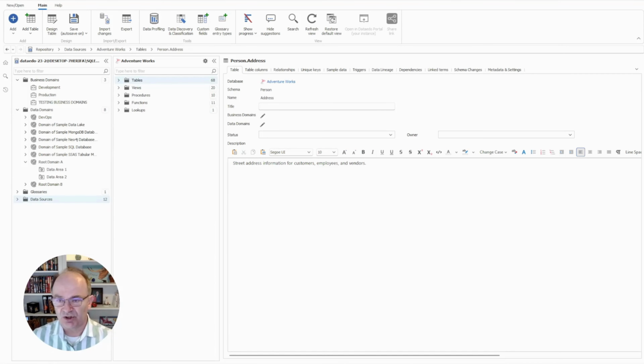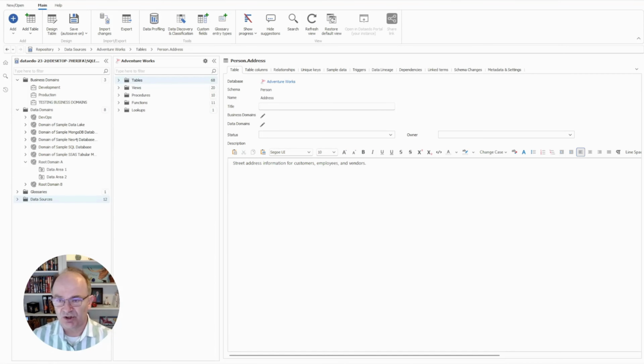But by having the navigation this way, you can group different kinds of items together in that domain and work with them all together. It gives you a more cohesive understanding of all of the objects or assets that pertain to that domain. And notice those are hierarchical. You can have multiple levels in your domain organization, or your, let's call it, data area organization here. And it gives you a lot of flexibility and a lot of capability of how to present this information to your users. We'll get into that more in the video about domain use exactly,